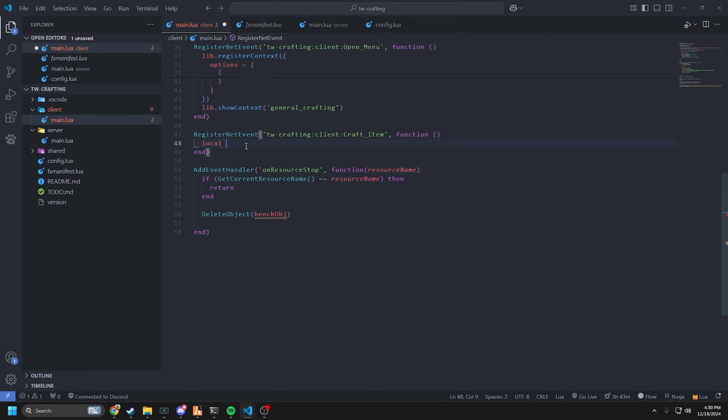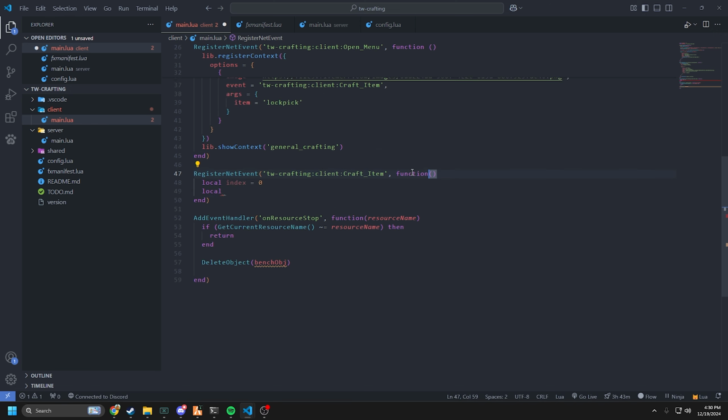All right, so let's create a local variable called index, and we're going to set it to 0. This is just a placeholder value for now. It will be used in a second here, but I'm just working from top to bottom in my notes. So next we're going to create another local variable that will store the recipe table for us of the current item. And I forgot, we need to add item